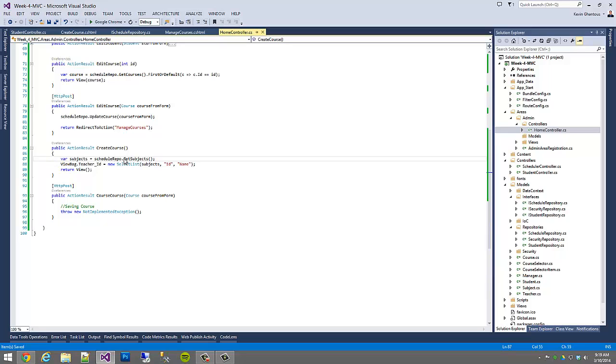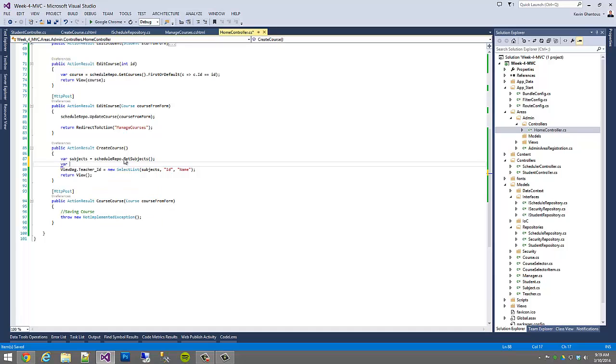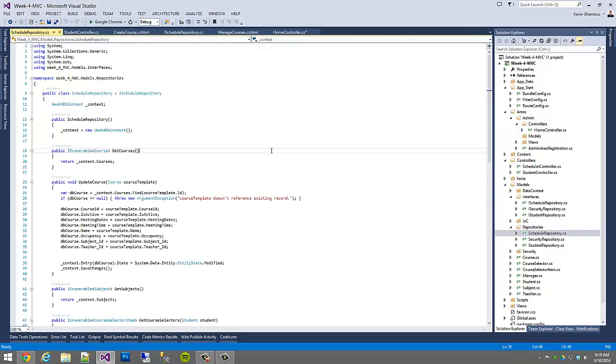I realized that I just got myself very distracted, and I did subjects, and then I said teacher down here for teacher ID. That's okay, that's easy enough to fix. I'm going to say var teachers equals, I don't know if we actually have anything set up for teachers at this point. So what we may need to do is take a step back and update our schedule repository to get teacher data. So if we jump into here,